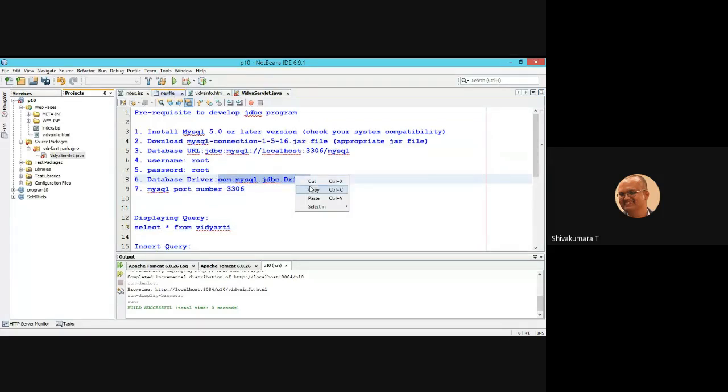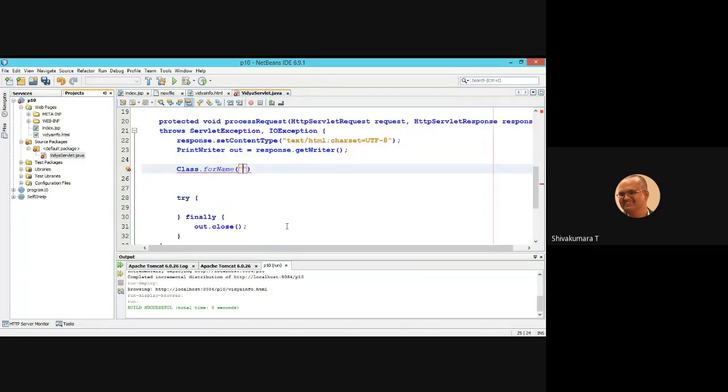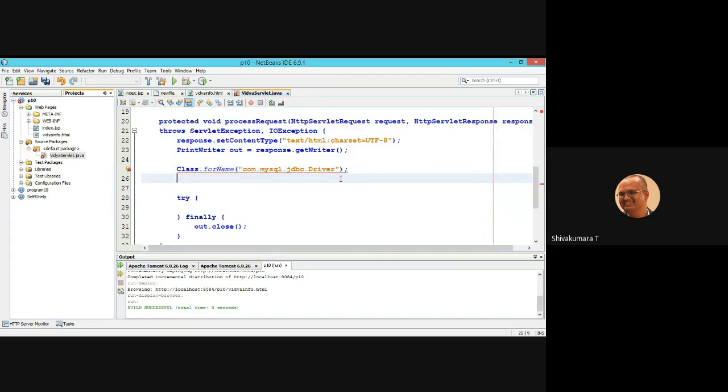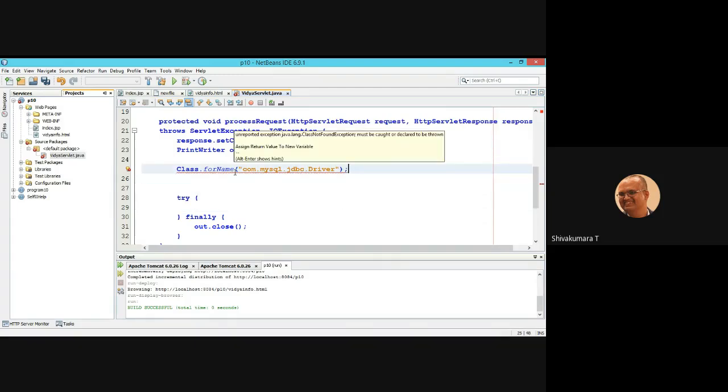Copy this, com.mysql.jdbc.Driver. This class is going to be loaded. After loading, registering and initialization should happen. It is showing an error because if this class fails to load this driver, you need to handle the exception, right?